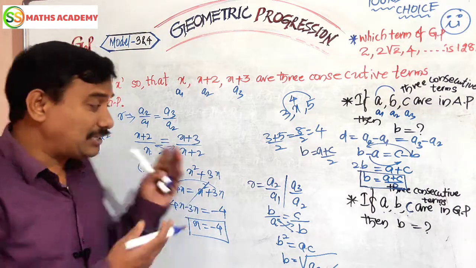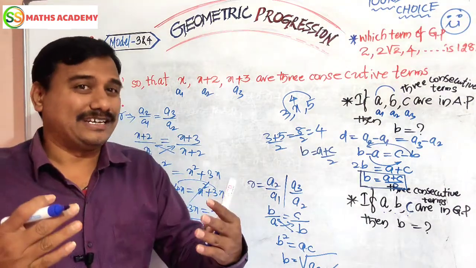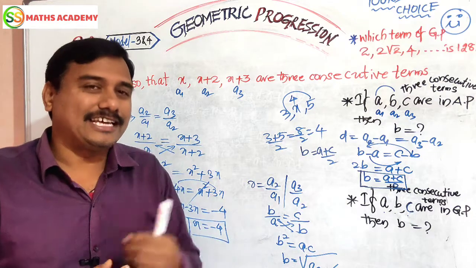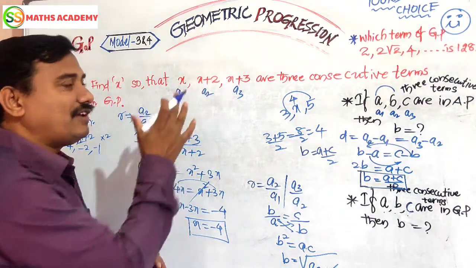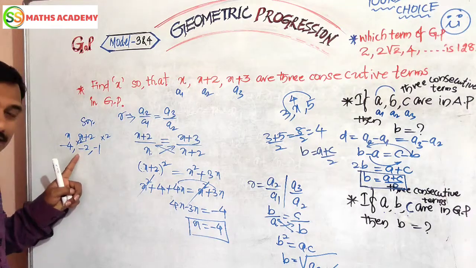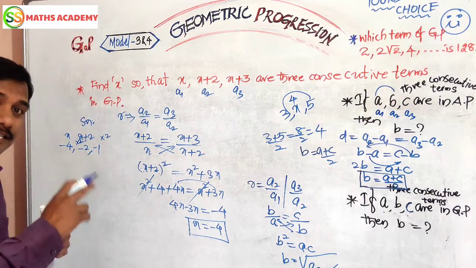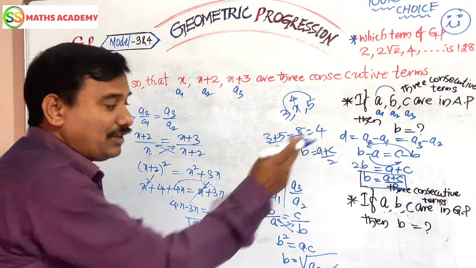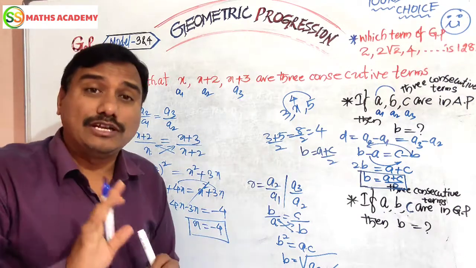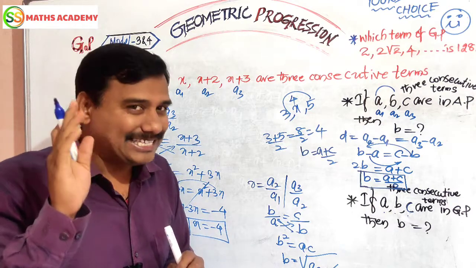What we have to do? If we don't solve it this way, then you should go for the options. What are the option terms? x equals 2, 3, minus 4, like that. You take the option and substitute, then you can check the answer this way. 1 into 2, 2 will come. 2 into 2, 4 will come. Then it is in GP. Your answer will be perfect. So these are very important cases which will be useful in Part B, especially in polytechnic exams.